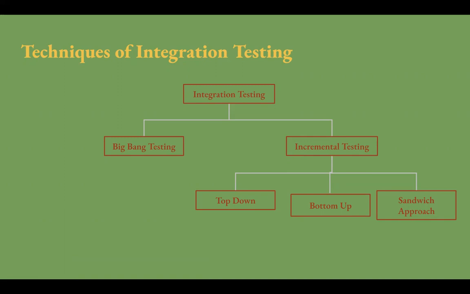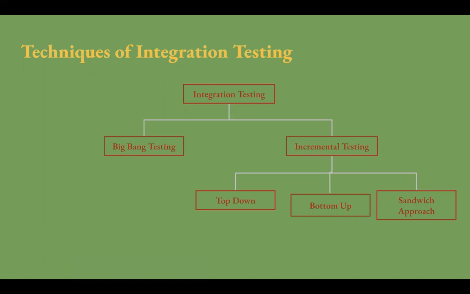First is top-down approach. So based on the control flow architecture diagram of project, the testing starts from top level. Means the top level modules will be tested first, and after that, bottom level modules will be tested. Then integrate both top level and bottom level modules to check whether the complete system is working fine after integration.